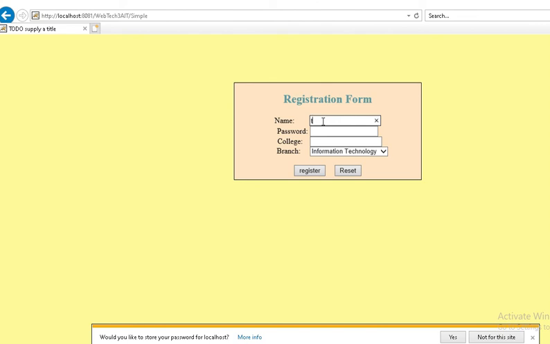So let's take another password which has length greater than 4. Tom, college again I am using, and try to register.